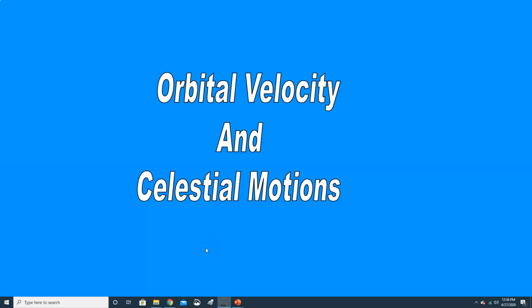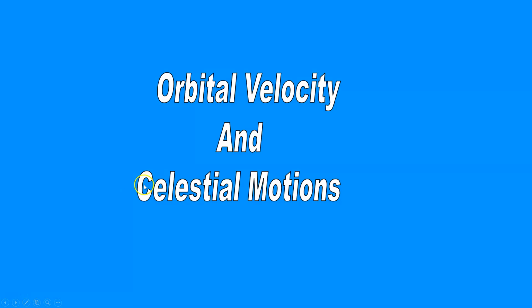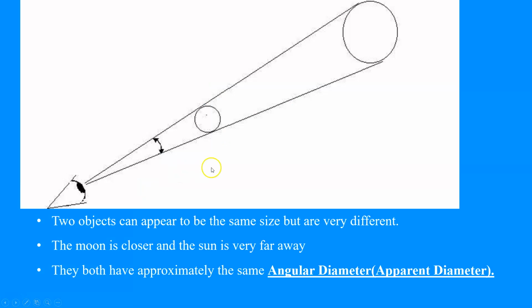All right, ladies and gentlemen, we are going to talk about orbital velocity and celestial motions in our next segment on video Earth science. So what we're going to talk about first of all is what you've already talked about a little bit in the last lesson, and that has to do with angular diameter of objects. Okay, so the angular diameter of objects is dependent upon how close the object is to us